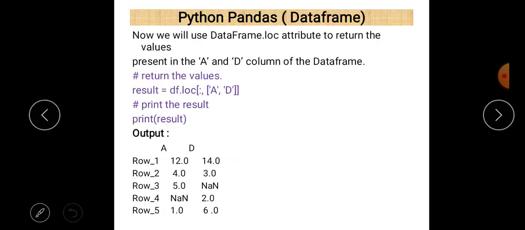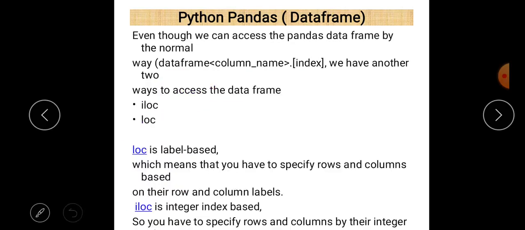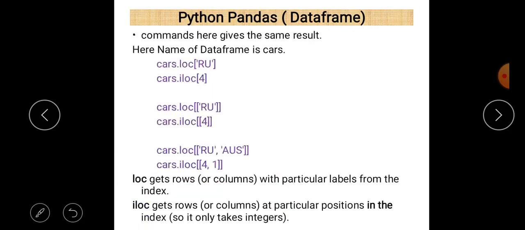In the previous case, you can see that these attributes are label based, with no default integers. So here we use just LOC, and if there are integer values, then you can find the corresponding values using the ILOC attribute. Let us take an example.